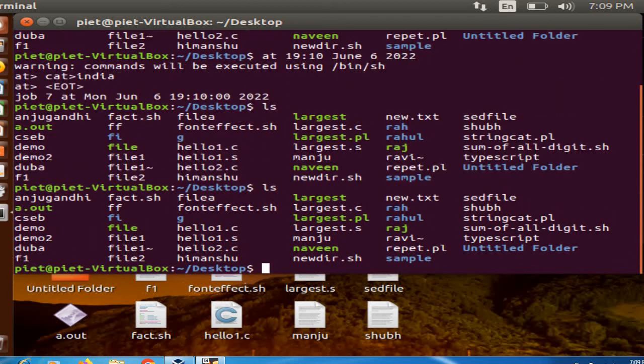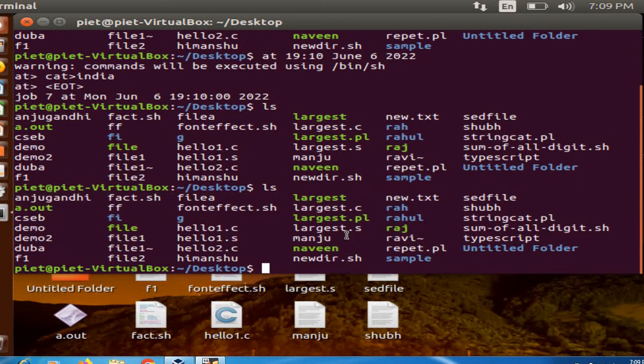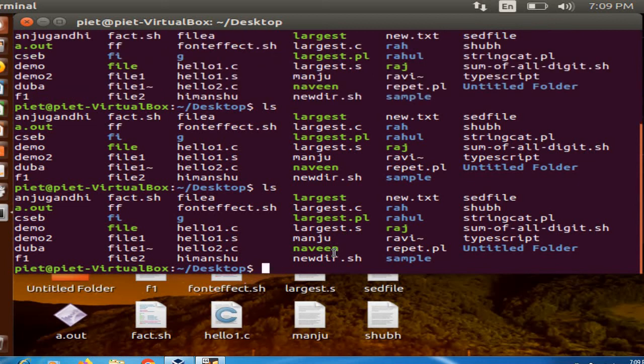Now again we can check the ls command. You can see still we have 1 minute left and no file or folder is available with the name India, because with the help of the at command we can create anything at a future date. But currently we apply it on a terminal. We have a simple command, that is, we want to create a file in a future time. Now again we check the ls command. No file is available still, because the time is 7:09 and the timing in the at command is 7:10.